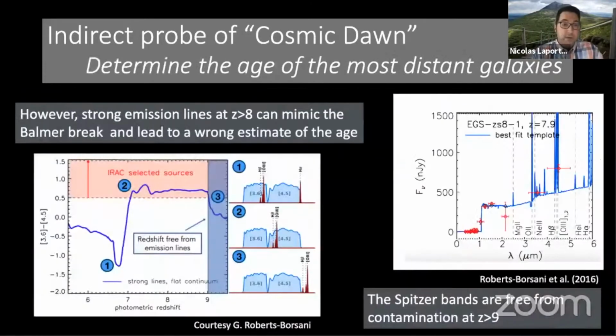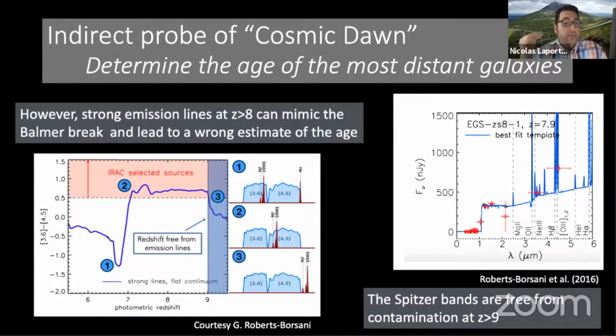But as we know, at very high redshift, we can see breaks not due to stellar continuum, but due to strong emission lines. And this is what you can see here. For example, in this galaxy, you see that you have a break between 3.6 and 4.5 microns, but this break is due to strong emission lines. And this is summarized in this plot, where you have, as a function of redshift, the Spitzer colors. And as you can see, at redshift above 7, so we are in situation number 2, somewhere here, we have strong emission lines, such as oxygen III and H beta in the 4.5 micron channel.